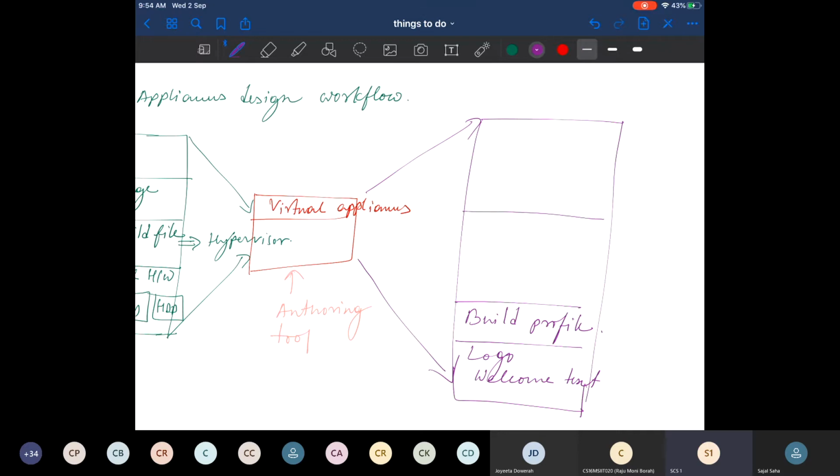And then your OS ISO. OS ISO means it may be Red Hat Enterprise Linux, or it may be CentOS, it may be Windows.